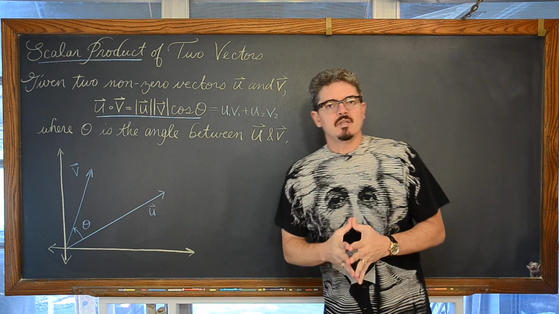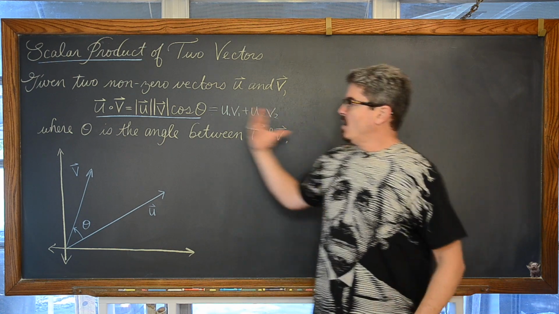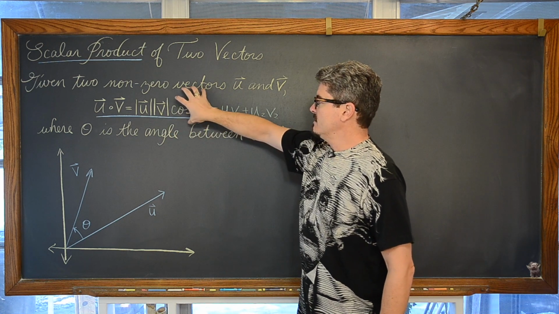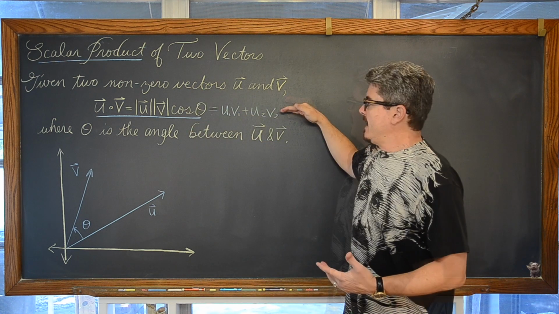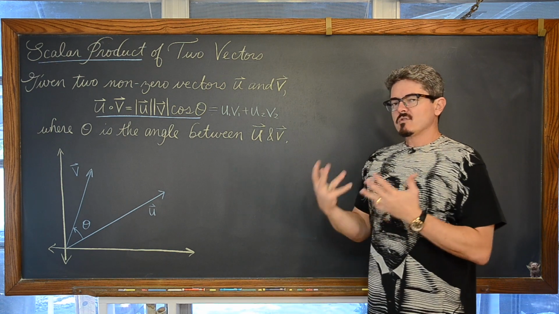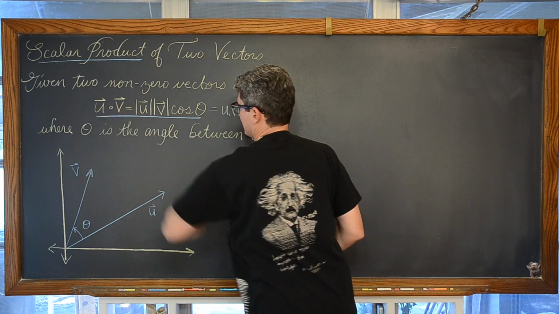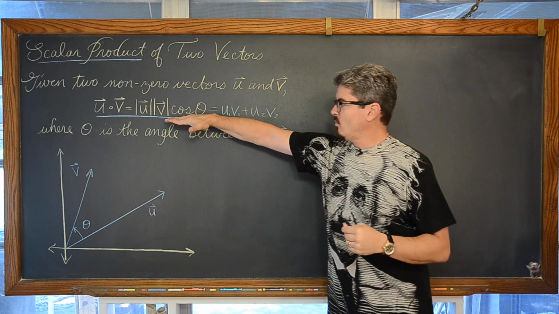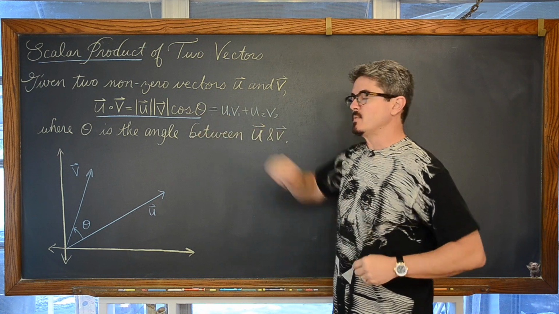My intention in this video today is not to do any sort of examples you might see in your textbook, but to help you build some understanding of what this formula is describing, or what it means geometrically. I'm not going to do a proof per se, because I'm terrible at proofs, but I'm going to show you the relationship between these two formulas and the dot product, and then ultimately, in the second part of this lesson, what this product is really representing, besides helping us to find the angle between two vectors.